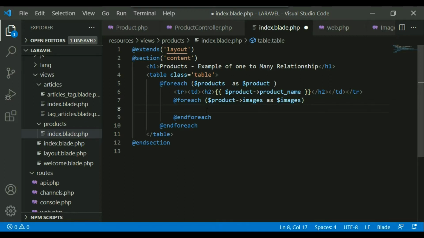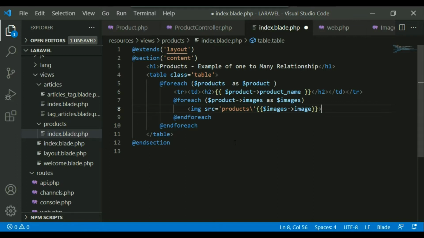Now I am going to print it out. To print this, what I have to do is img src products, this is the folder, the path of the folder where the images are. Write $images and image, okay, like this, slash, close it.